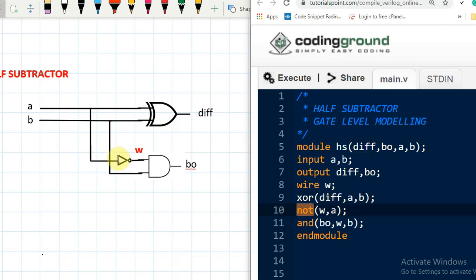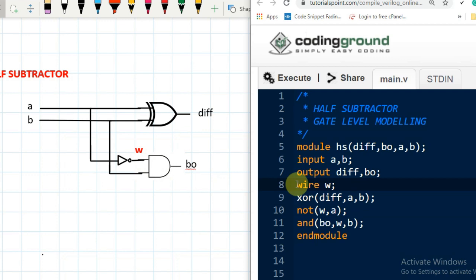Then we have to make use of the NOT gate primitive. This NOT gate has one input as A, and the output is a connection which has been connected to the input of the AND gate. And we see that this connection is neither an input port nor an output port. So we have to label this connection, and we are labeling it using the symbol W. So in the NOT gate, we have to give the output. So we are giving the output as W and the input is A over here. Now since W is neither an input port nor an output port, we have to declare this W as a wire type. So this is a new thing which was not there when we designed the half adder.